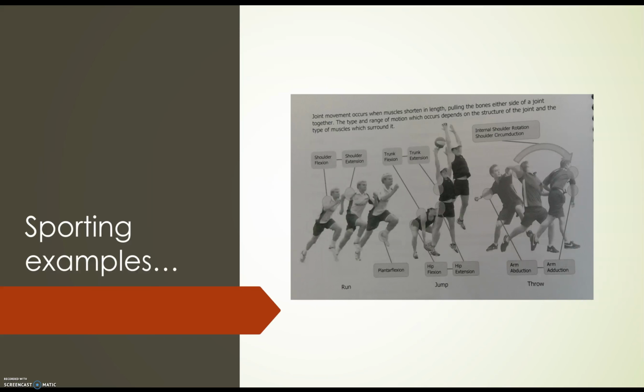Putting it to a practical context, we can see here with this picture, and you will have this in your book as well, say in a running movement here, you can see when you pull the shoulder back, there's an extension of that shoulder there. When you push the shoulder forward, there's a flexion over the muscles, and the angle between the two bones at the shoulder joint decreases. When you push it back at the top, the angle between the shoulder joints